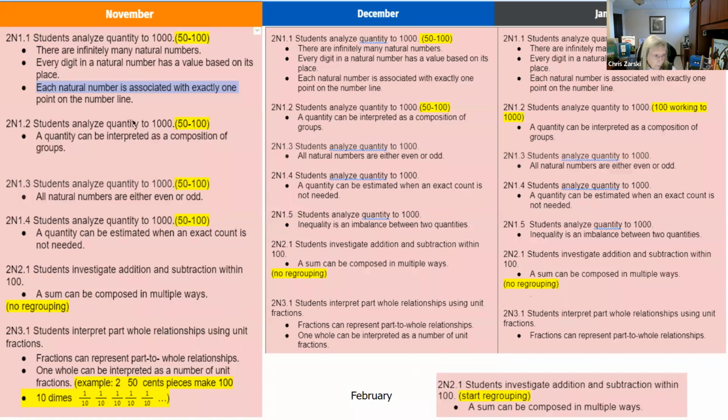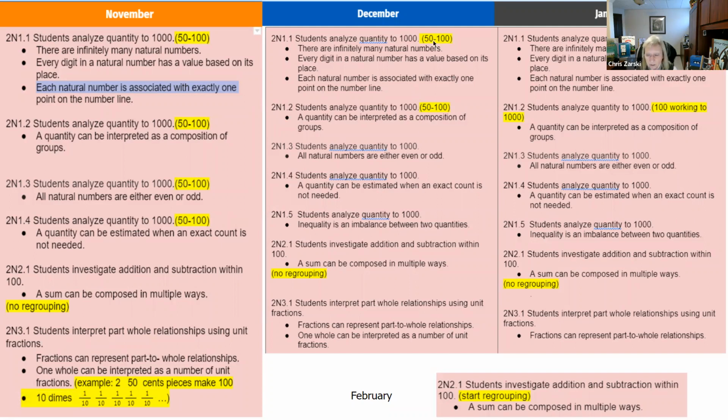Okay, so this is the piece we're going to unpack today. We said we'd hang on to that for a little bit, and we're just going to do it with the money. We're not launching into crazy numbers right off the bat. We're not naming numerators and denominators right off the bat. We're going to start small to see if we can catch some of the kids who we might have lost along the way in fractions.